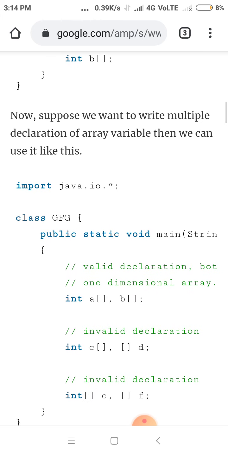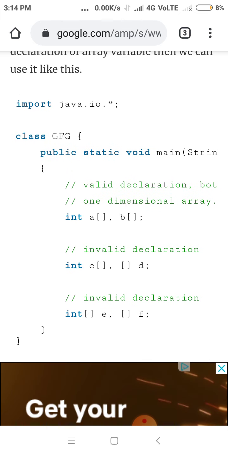Now suppose we take one example. In this example, int a[], b[], these two arrays a and b are of type integer. Then c and d: in the first declaration int a[], b[], these are valid declarations.